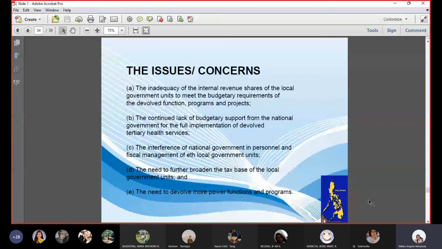Now, there are issues and concerns. Okay, number one is the inadequacy of the internal revenue shares of the local government units to meet the budgetary requirements of the devolved function programs and projects. Well, this is actually true, no? Because not all LGUs have a large income yearly. There are LGUs whose income is just enough and cannot exceed per year, and the result is they have only a small budget for that specific year